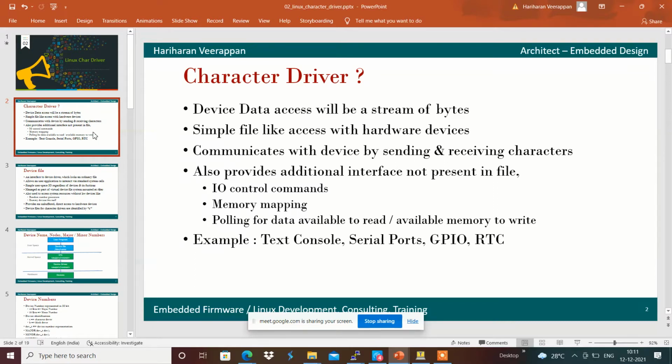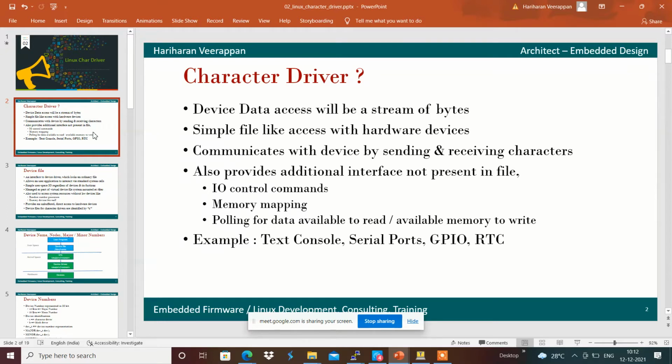The character driver also has additional interfaces. For example, with a serial port driver, we use write to transmit data and read to receive data, and we can control and configure the baud rate and number of bits, like that configuration and settings.